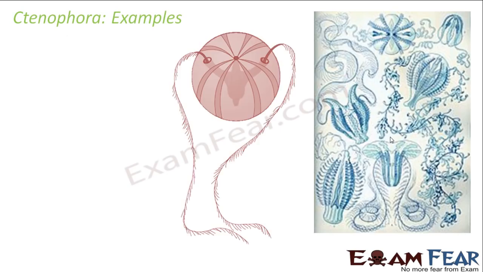Now, we will look at some examples which will make things clear. One of the common examples is Pleurobrachia. If you look at this Pleurobrachia, you see some plate-like structures. 1, 2, 3, 4, 5, 6, 7, 8. These plate-like structures are known as the comb plates. And because of the presence of these comb plates, they are known as comb jellies. What do these comb plates help in? They actually help in locomotion. These 8 rows of comb plates help them in locomotion. Other than that, they also have flagella in this form, as you see here, tail-like structures.